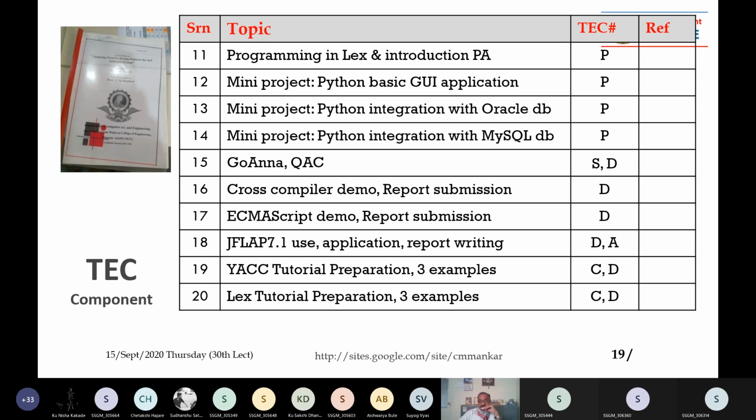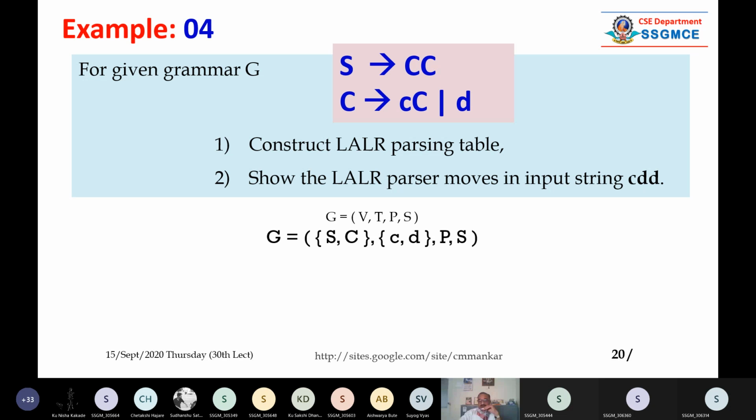Most of all I will prefer programming, demonstrations and presentation. Those who go for the 18th point, that is a demonstration, I will be giving them extra marks. Those who will be doing programming on YACC and LEX, I will be giving some more weightage than regular. Anyway,